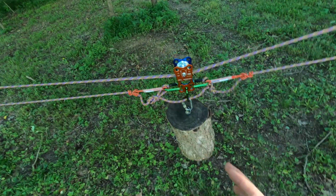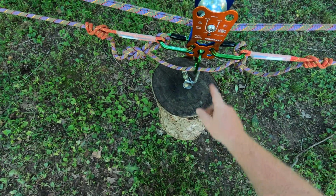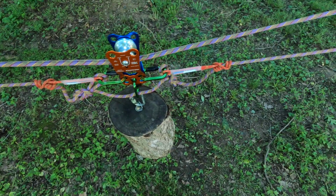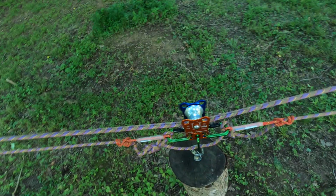So again, we're using a Kootenai Rock Exotic carriage here. Plenty of holes. So we're going to put our control lines in the upper holes up here. And this allows us to move this carriage left or right. Now how do we do that? Well,